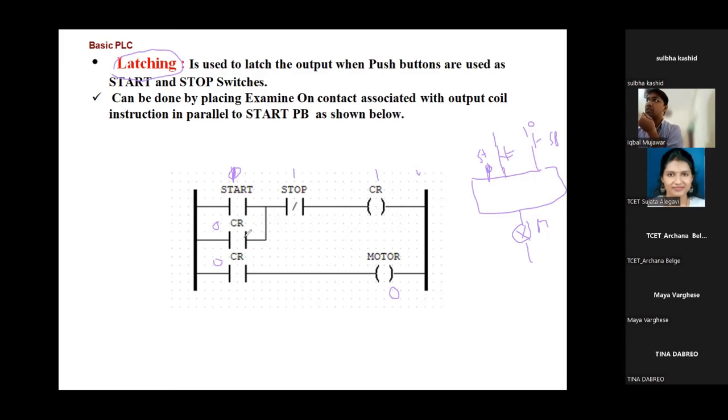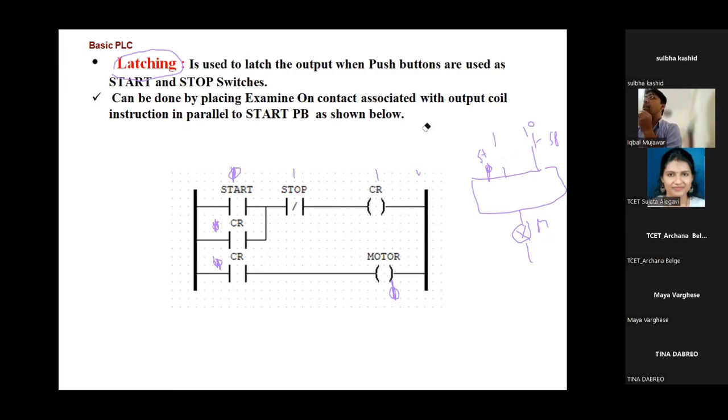This is not a physical switch, ये physical switch नहीं है कोई, ये खाली यहाँ पे जो स्टेट रहेगा आउटपुट का वही स्टेट लेगा. अभी आउटपुट ऑफ था इसलिए ये ऑफ था, आउटपुट 1 हो गया तो ये भी 1 हो गया, ये भी यहाँ पे 1 हो जाएगा. If I press the start button, because of that CR1, ये भी 1 हो जाएगा, तो ये 1 हो गया तो मोटर भी ऑन हो जाएगा. As we did previously, the same thing will happen right now also.